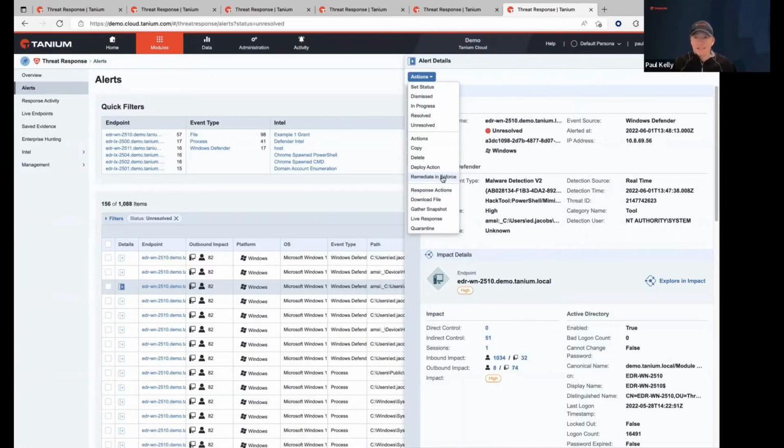And that's super helpful. I actually remember those days. And I also remember the days where we used to walk around with a thumb drive and we used to go machine to machine with a scan engine and the latest definitions to scan it and remediate when there was infections. I don't miss those days.